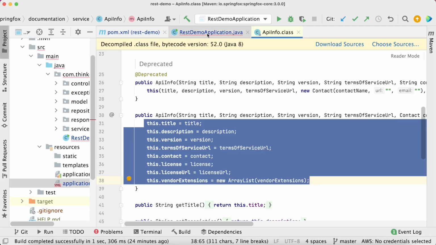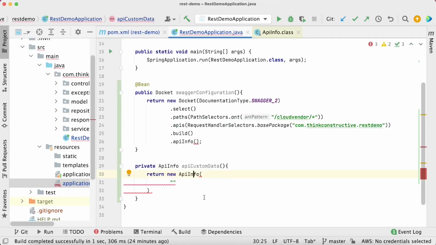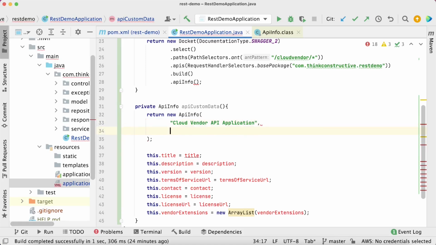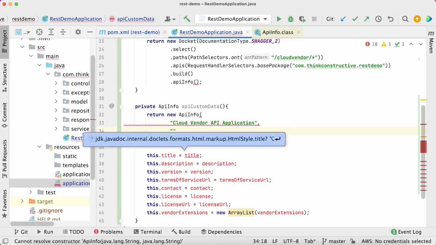So I'll just copy and paste it down below here so that we all can refer to it and understand it in parallel. Fine. I'll remove it later. So first thing, what is it expecting? Title. Okay. So what should I give in the title? Let's say I will say cloud vendor API application.